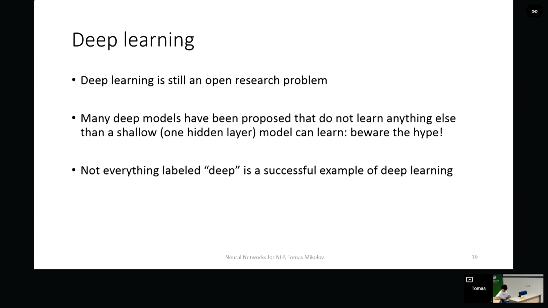Certainly, deep learning is still an open research problem because there are many things that we still don't really understand well, and we can't really learn all the complicated patterns that these networks can express. So that's also interesting. SGD, for example, will get stuck in local minima when we try to train them on some more complicated tasks. That's what I will be showing at the end of the talk.